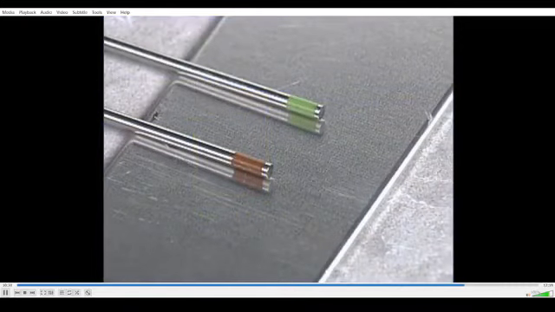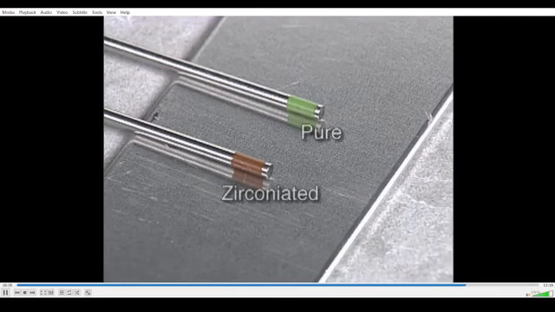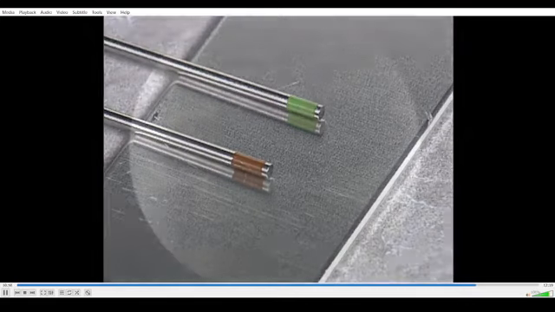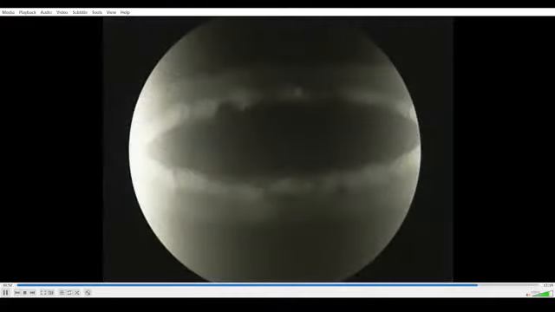Pure and zirconiated electrodes are used for alternating current when you're working with conventional square-wave power sources. Pure tungstens are the least expensive, but they have about half the amp carrying capability of alloyed tungstens. This makes them prone to tungsten spitting, which may result in tungsten inclusions in the weld. So zirconiated tungstens are used when X-ray quality welds are required because they can withstand higher amperages and are less